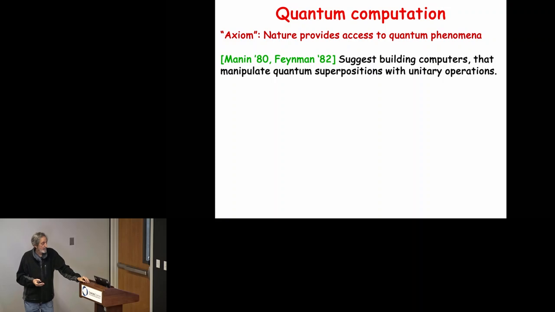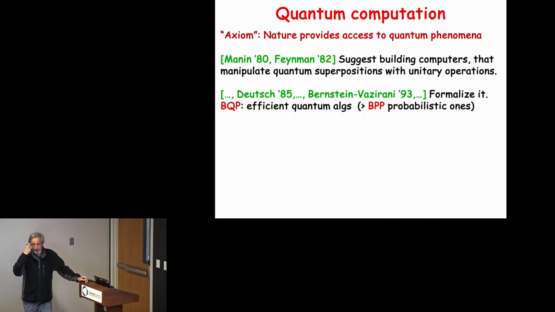And the new ability suggested by quantum mechanics is that you can manipulate superpositions of bits. So you can simultaneously act on all 2 to the n possibilities of an n-bit string using unitary operations. It took some time to formalize this model, to make it the analog of a Turing machine, a quantum Turing machine. And this class BQP is supposed to capture the class of all problems solvable by efficient quantum algorithms.